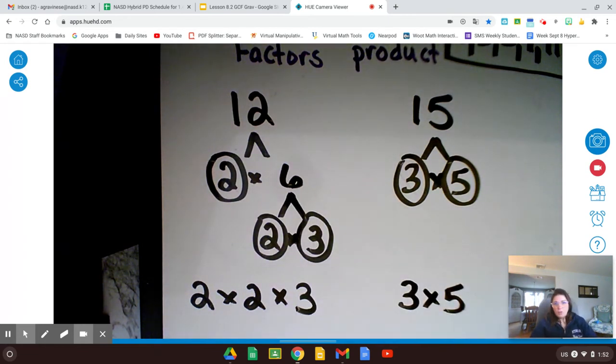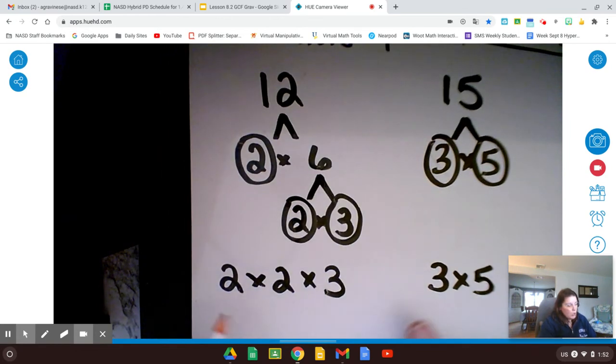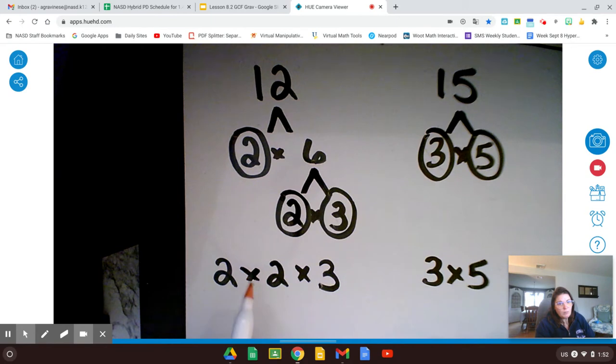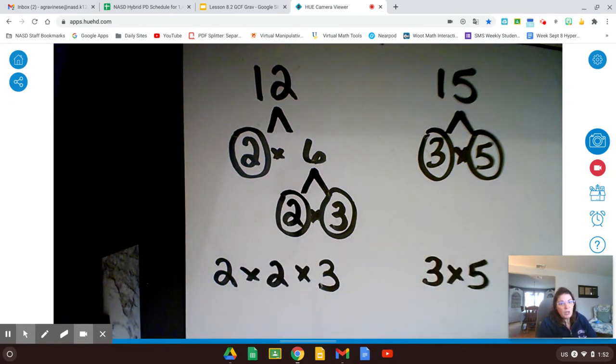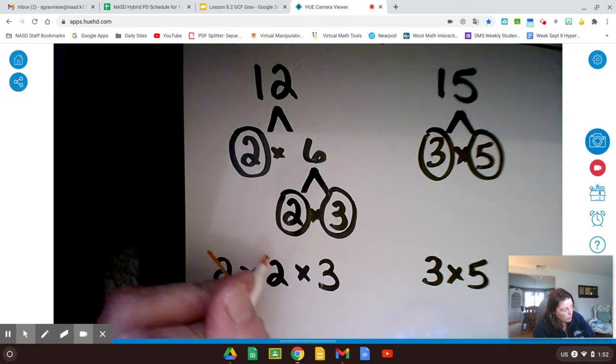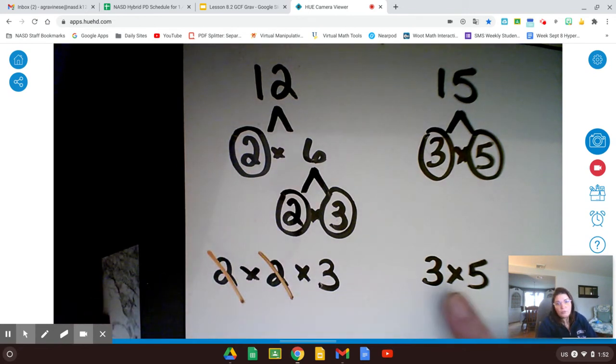All right, so how do we find the GCF from here? What do we do? Well, we want to look at all of the primes that are in common. So what's in common in our list of primes? What does 12 have that 15 also has? Not 2, because there are no 2s over here for the prime factorization of 15. I do see that they both have 3,